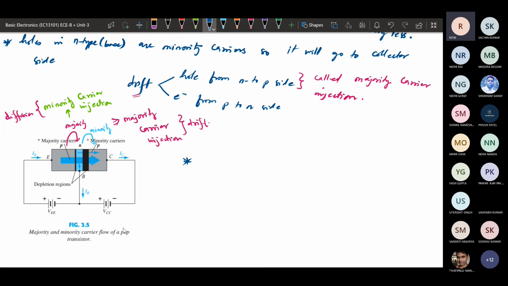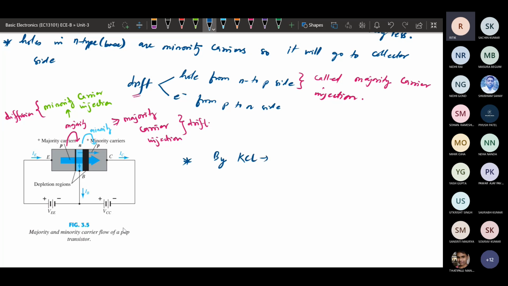Okay, so once we have transmitted the majority charge carriers from here to here, and then from the base region to the collector region by minority carrier injection and majority carrier injection, at this junction we know there will be emitter current, collector current and base current. It is given by KCL.